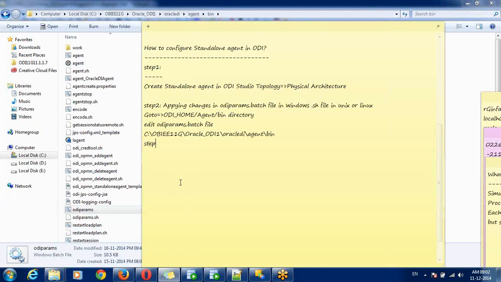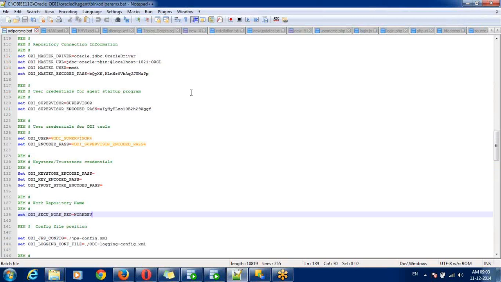Okay. Step 3: applying changes for master repository details, supervisor details, and work repository name. Go to this file, and there you can find the master repository connection information.